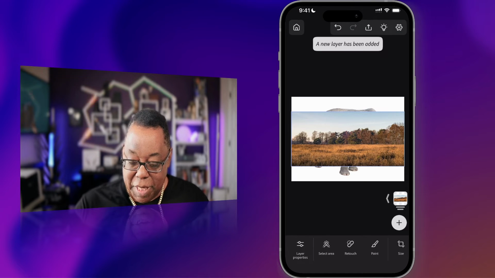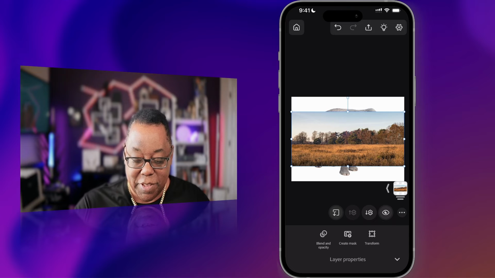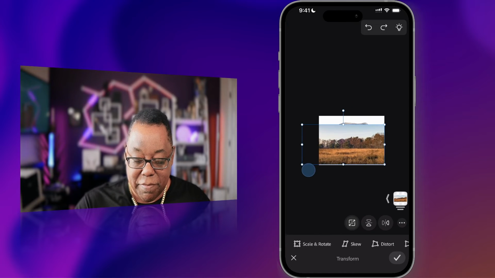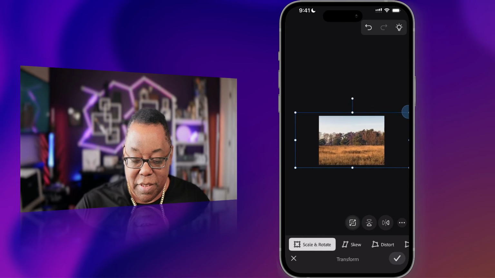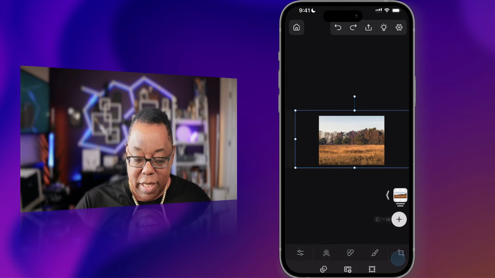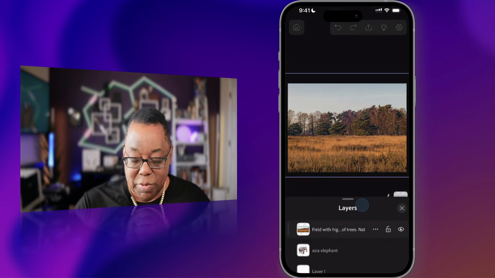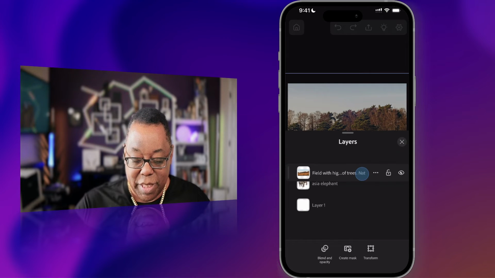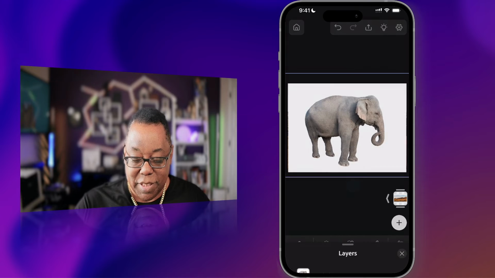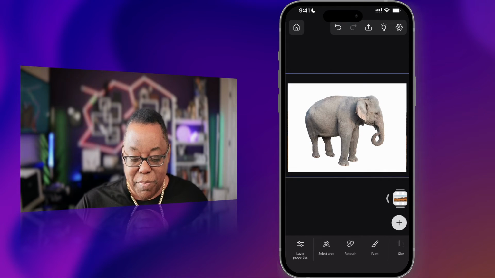Okay, so same thing, because I did it in the reverse order, the grass came in, but it's on top of the elephant. But let's take care of the grass first. Let's zoom out. Let's go ahead and make it fill this whole canvas. Great. And so now let's zoom back in, and now we need to reverse the order of the layers. So we swipe out, we pull this layer down, so now the elephant's on top. And clearly the background needs to be removed. So we could go in and